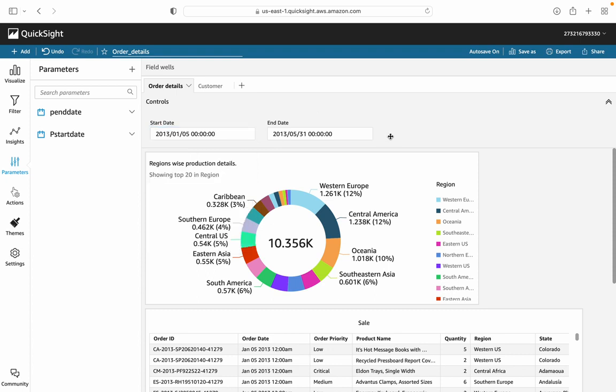So we create a parameter, we create filters and make them global. So this is